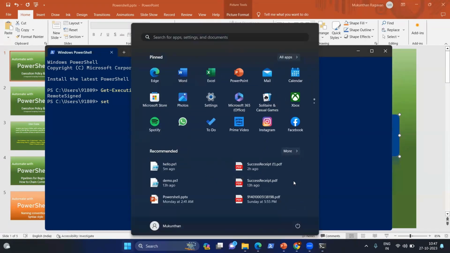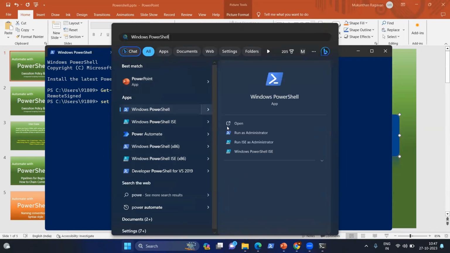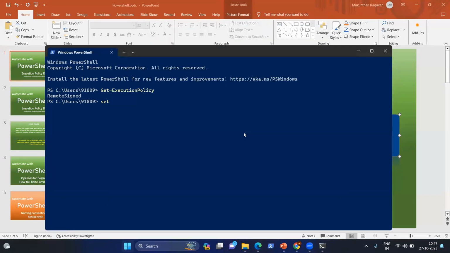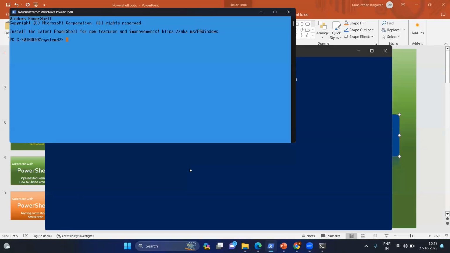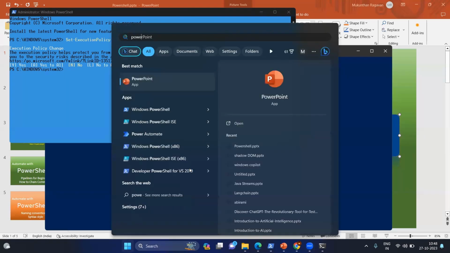For that, again, you just type PowerShell. Click here and you will see Run as administrator, and it will ask for confirmation. Then you just type Set-ExecutionPolicy Restricted and yes. Now in this case, you are not able to execute any PowerShell commands. Let's check that. Again, you will go to the PowerShell ISE,